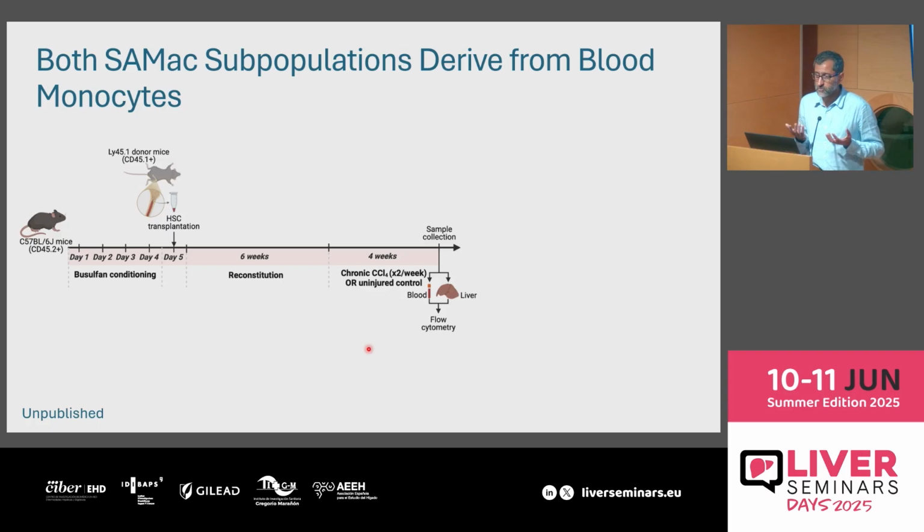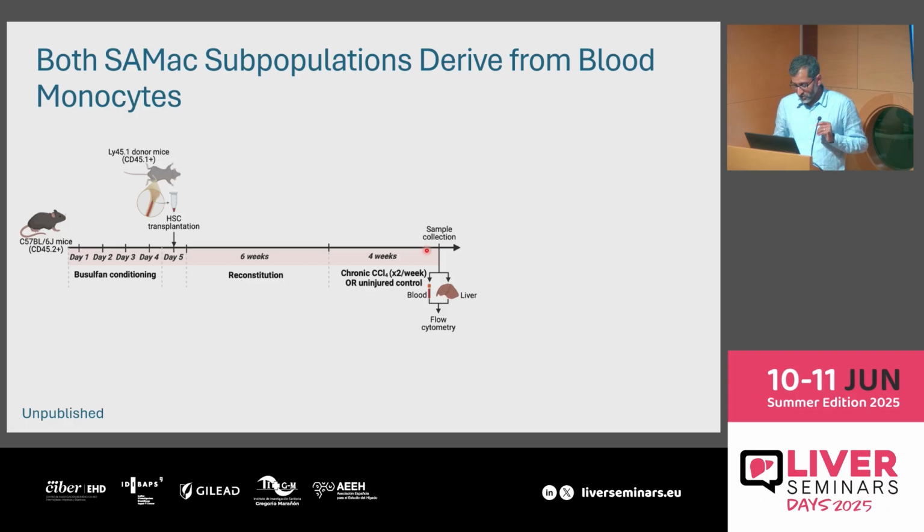The other thing we can do in the mouse model, which is difficult to do in human, is fate mapping. One of the questions that's always asked when you find different macrophage populations is, are they coming from these resident Kupffer cells or are they coming from monocytes? To try and address this, we did a bone marrow chimera experiment. But rather than using irradiation, we gave the mice a chemotherapeutic agent, busulfan, and then we transplant the CD45.2 mice with CD45.1 positive bone marrow,